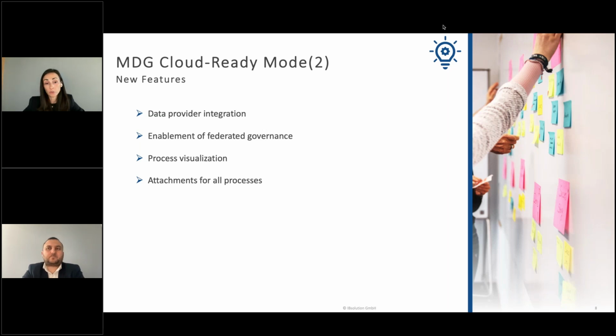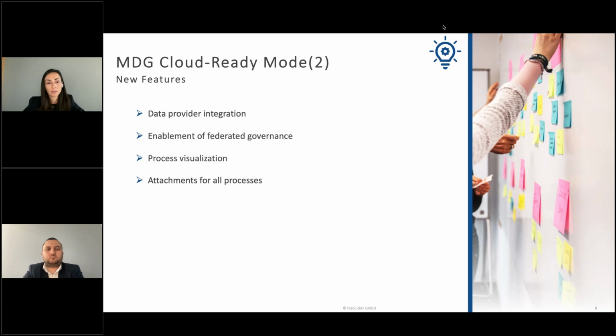A new option that is, however, still not widely used is the federated governance. SAP has got a lot of feedback from customers that yes, central governance is something great, but they also want to go to, let's say, local governance processes, so that the owners of the data, or those that know it best, maintain it.